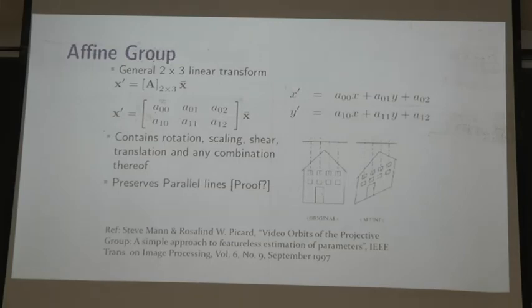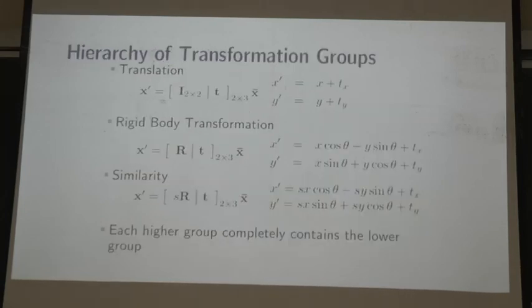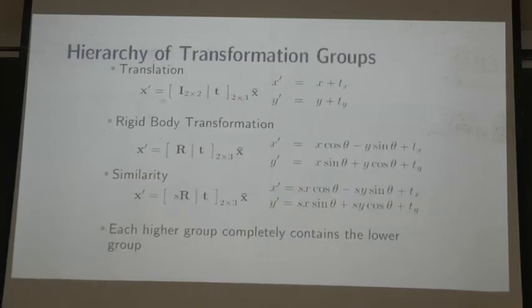Now shearing is also an affine transformation, and you realize that the box shifts like this, parallelity is preserved. Rotation is also an affine transformation, and you realize that parallelity is preserved. In fact, each of these groups has some things that are preserved. Okay? In translation, what is preserved? What doesn't change in translation? What property doesn't change in translation? Sorry? Lengths and angles. They remain same. Okay? In rotation, lengths remain same.